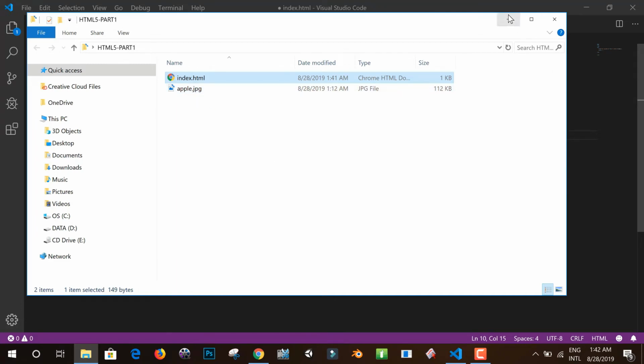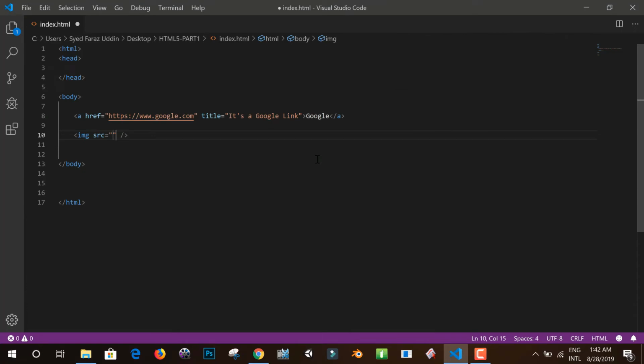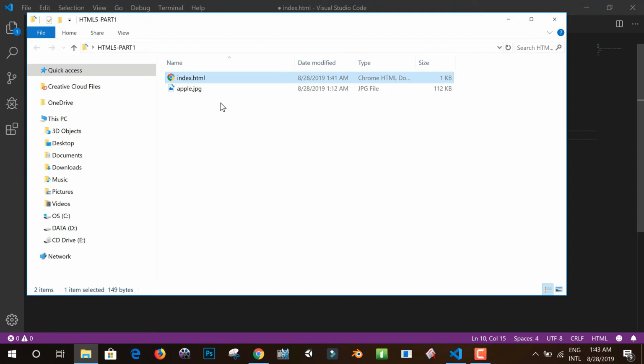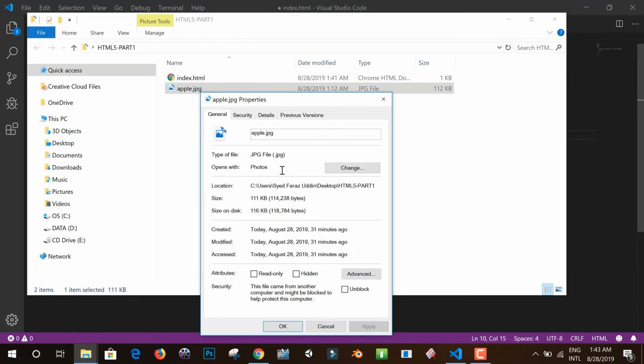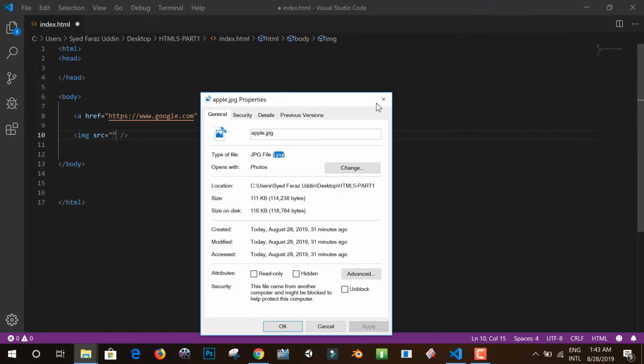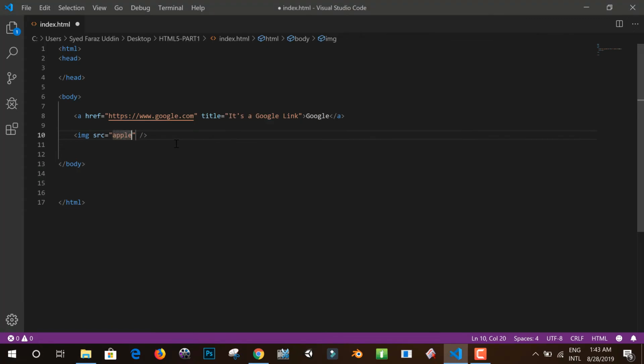So now there are two things important for your image source. One, the image name, and second is the extension of the image. For checking the image extension, you will have to right click on the image, click on properties. Here you can see the image extension. So here .jpg is present, so I will write here the image name apple.jpg. Save the file